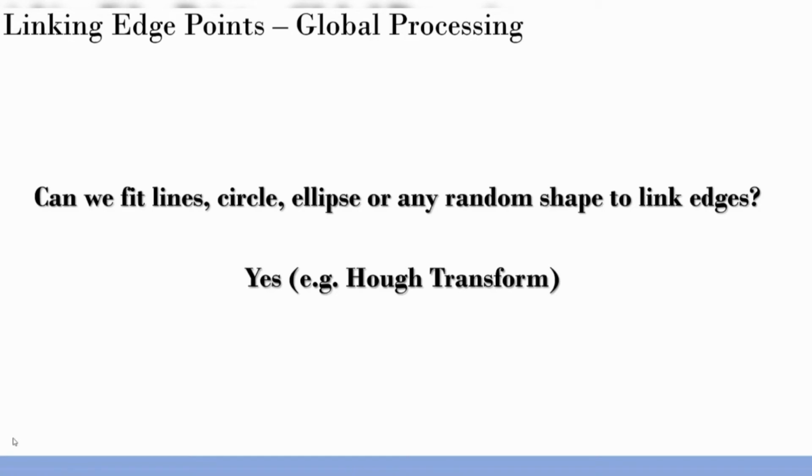Okay, so this is where we stopped in the last lecture, and it was just giving you a motivation for the Hough transform. It's as simple as this: you have the edge map coming from an edge detection algorithm. You need to link the edges together, and one way to go about it is to decide what sort of linking you are planning to do. If you are planning to consider all the straight lines in the image, you can go for the assumption that you want to fit a line to all the points, or it can be a circle or ellipse depending on your application, and all these can be achieved using this very beautiful transform known as the Hough transform. So let's go into the details now.